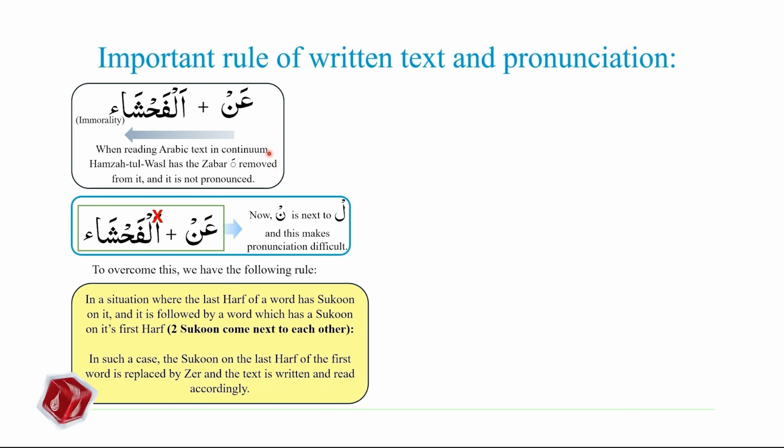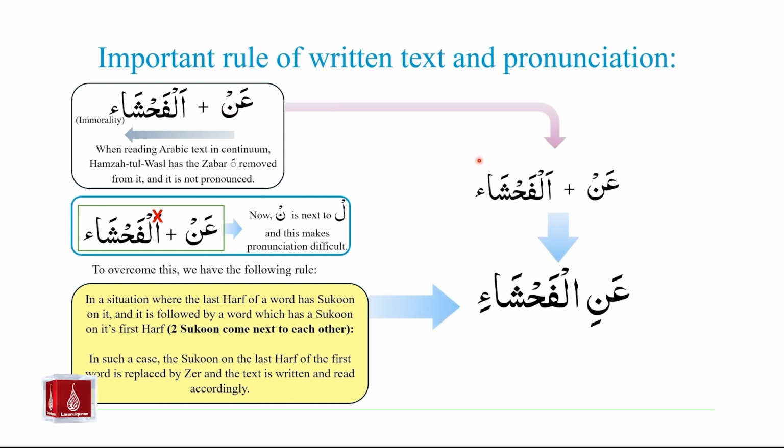So, an plus al-fahsha will become anil fahsha'i. We are replacing the sukoon on an with zair in order to make the pronunciation easy, and in addition, like we studied previously, the hamzatul wasl will not have the zabar on it. So rather than saying an al-fahsha, we will say anil fahsha'i. An example from the Holy Quran,